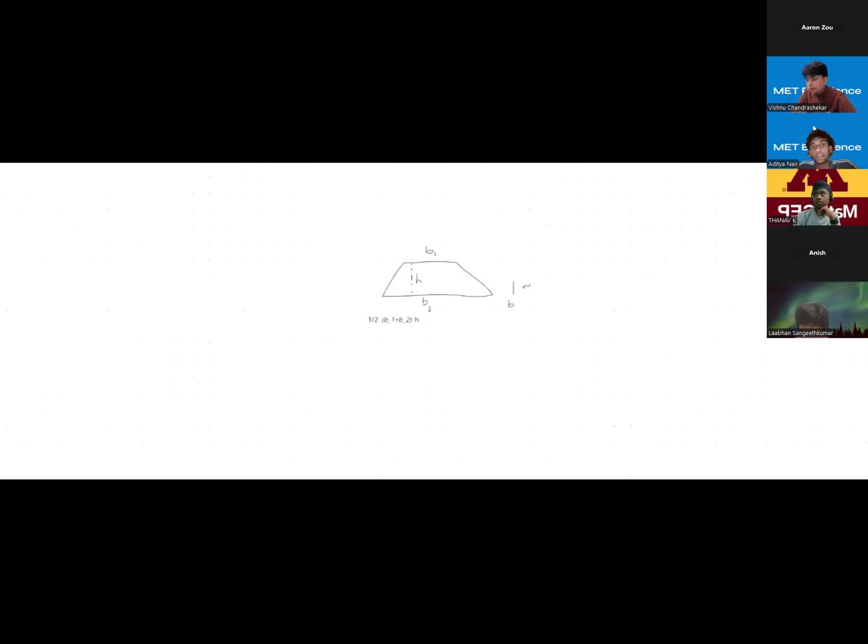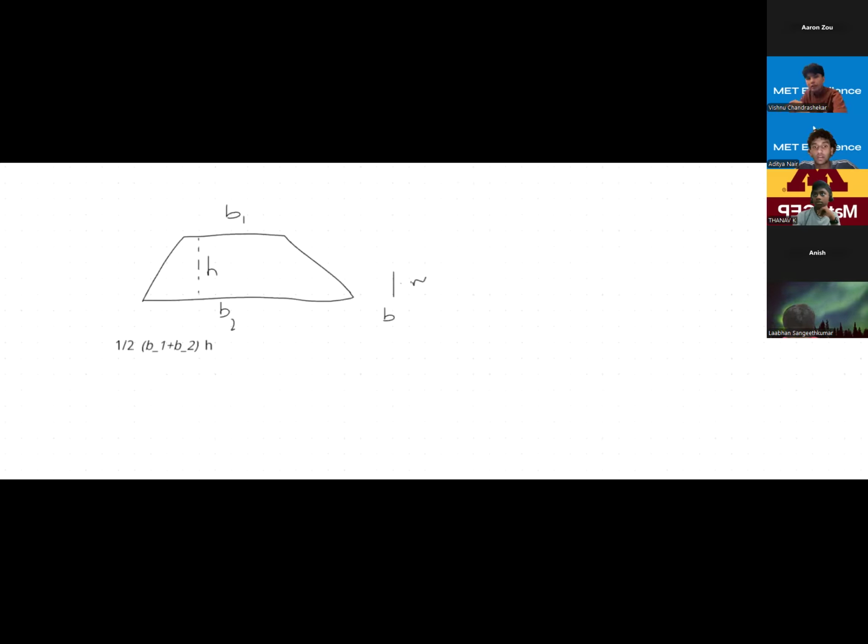So what this essentially means is, I'm going to put it up here. This is going to be B1 and this is going to be B2. And right here, this is going to be H. So B1 and B2, like when I said L times W is the area. Another word for length is also just base. In this case, we have two bases because it is a trapezoid and they are not the same length.